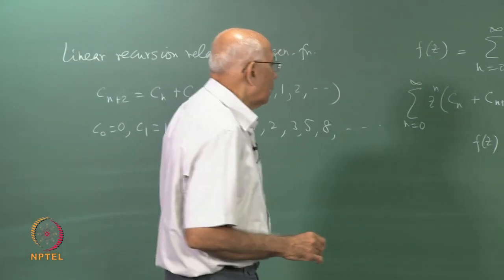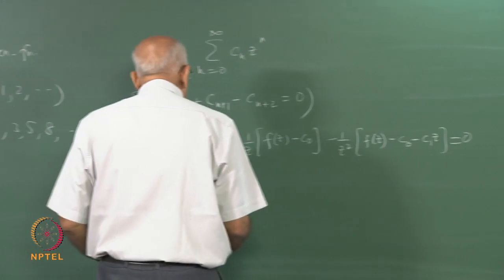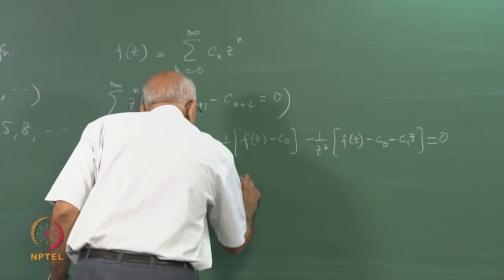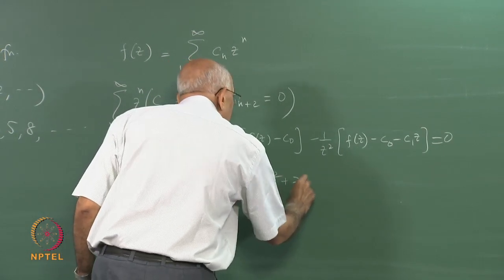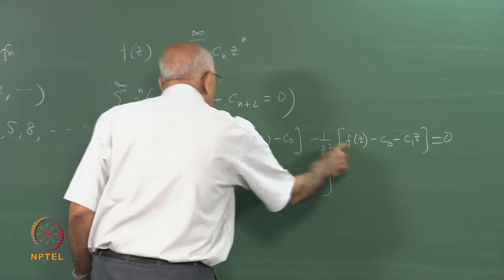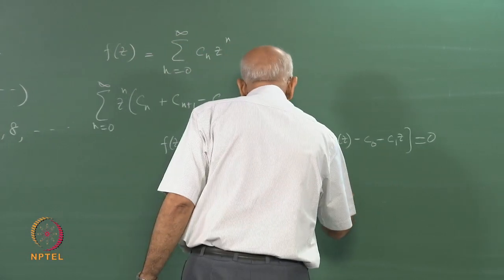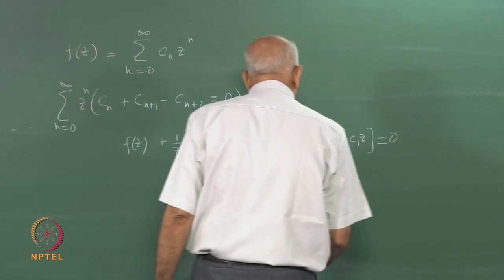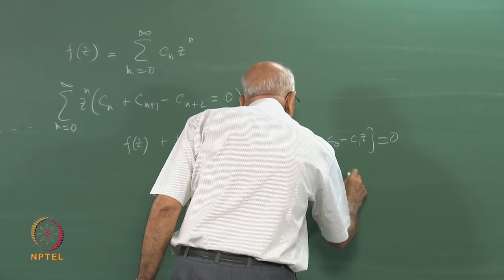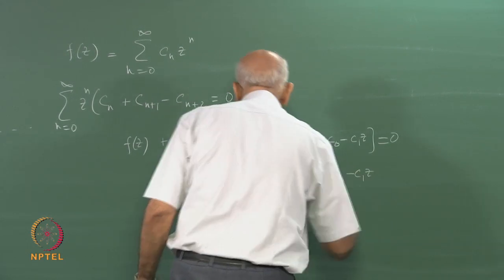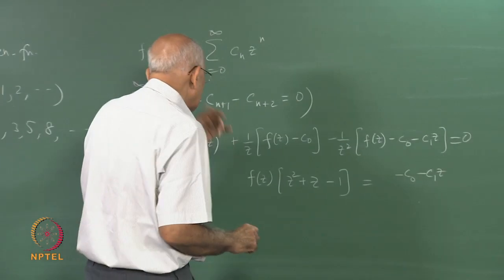Multiplying through by z squared, it says f of z times z squared plus z minus 1, that takes care of this portion, and that is equal to, on the right hand side, minus C naught minus C1 z, and then this term gives you